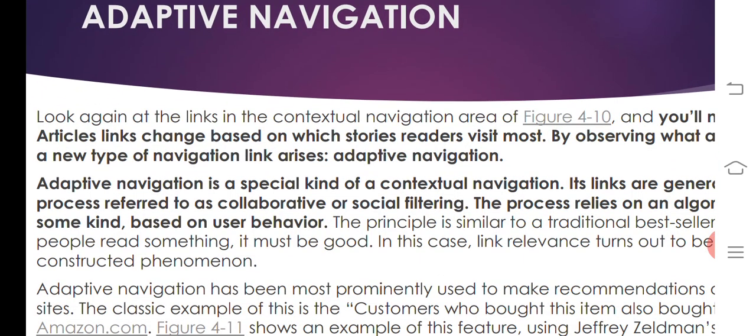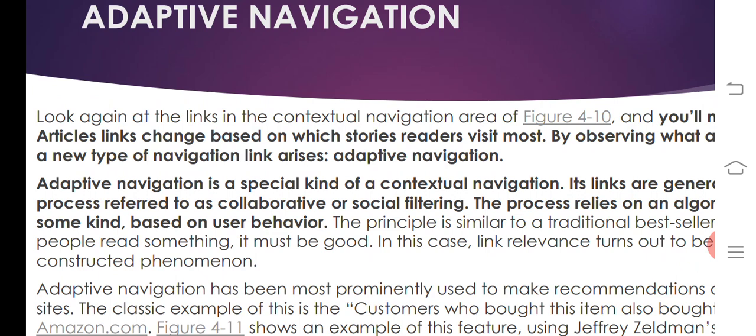Adaptive navigation. Here the article links change based on the stories readers visit most, and observing what, a new type of navigation link arises. That is called adaptive. Adaptive navigation is a special kind of navigation. It is also based on contextual navigation.